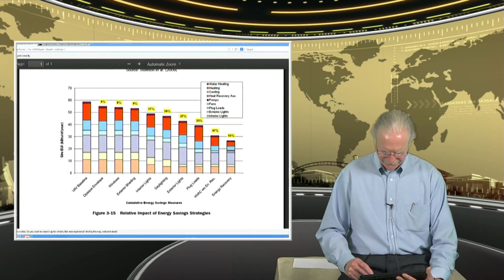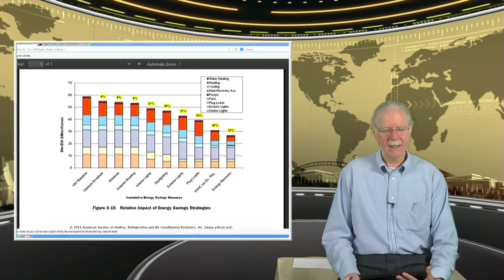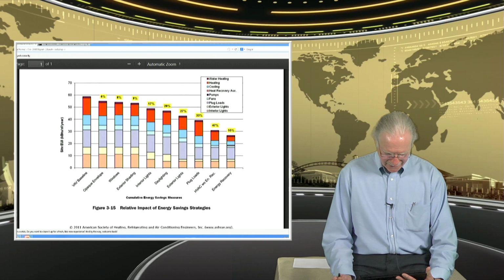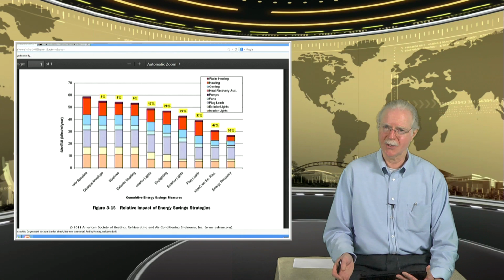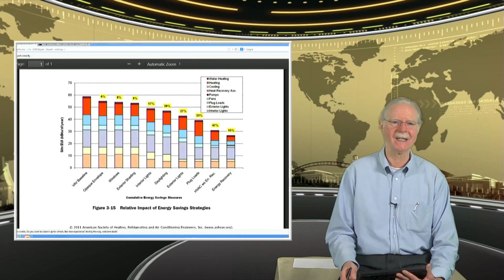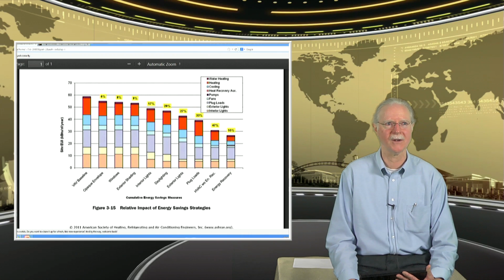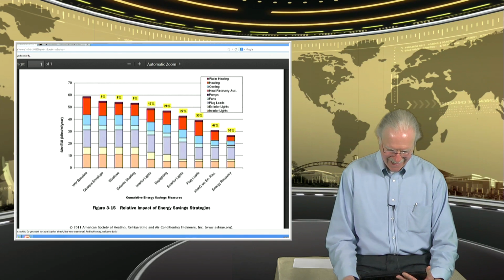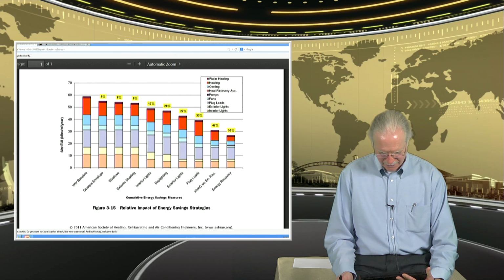The second graph is an indication of the relative impact of making some change as part of a strategy to move things forward. And on the far left, you'll see a graph that essentially creates a scenario for a building that's a baseline, something for us to compare to. As we move to the right, you can begin to see some cumulative energy savings by taking some step. And in this first step,